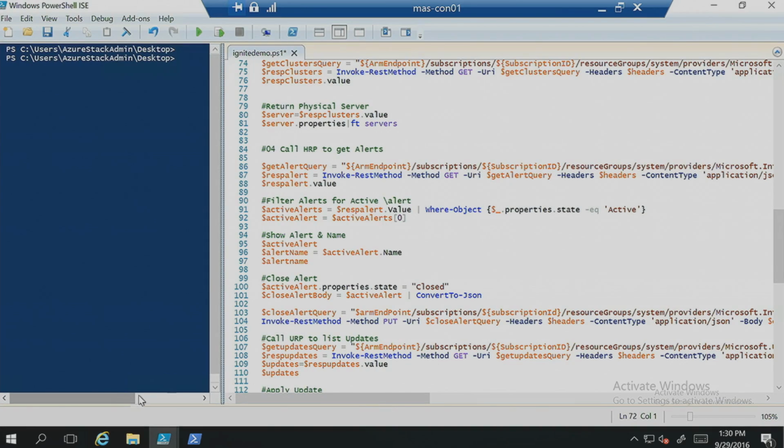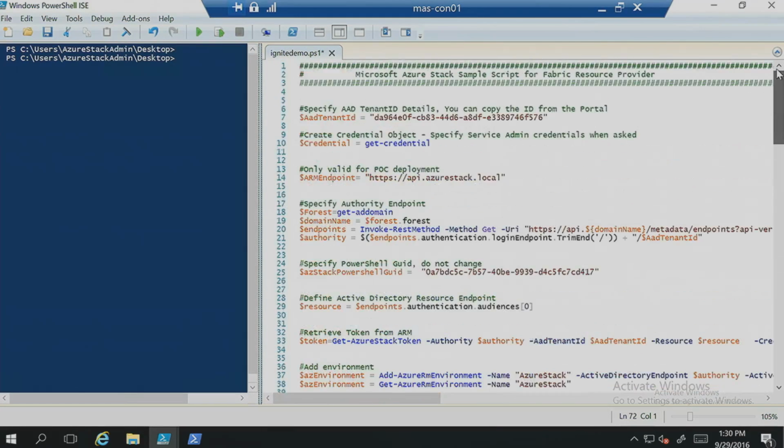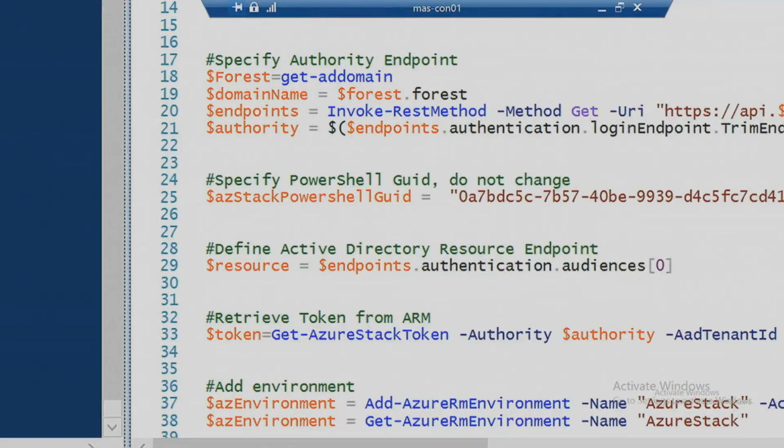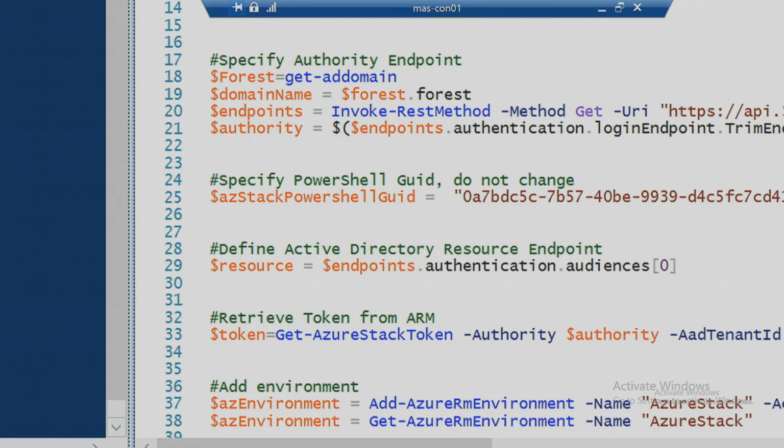and let's take a closer look into APIs. So it all starts with the 3 principles. First, we're going to store credentials. So we authenticate against Azure Active Directory. Once we have authenticated, we're going to do Get-AzureStackToken to get a token from ARM.